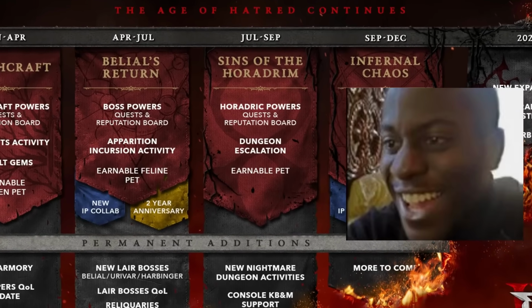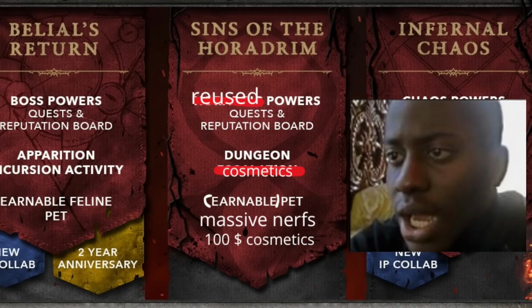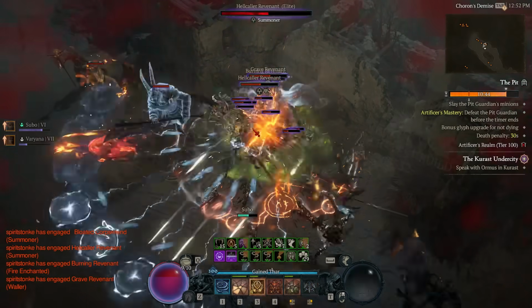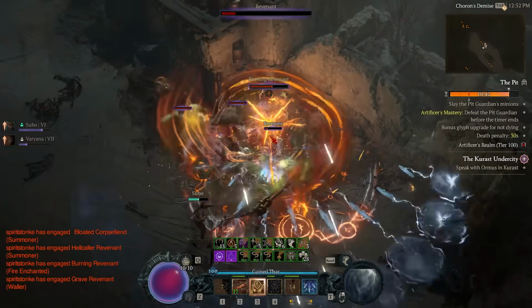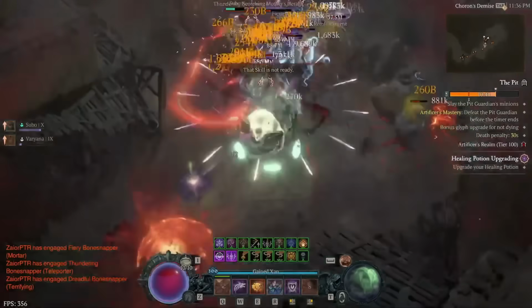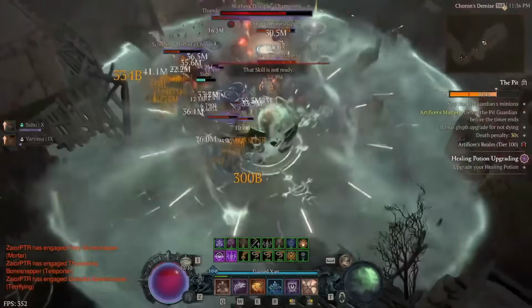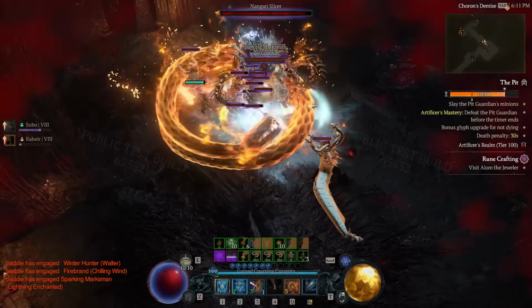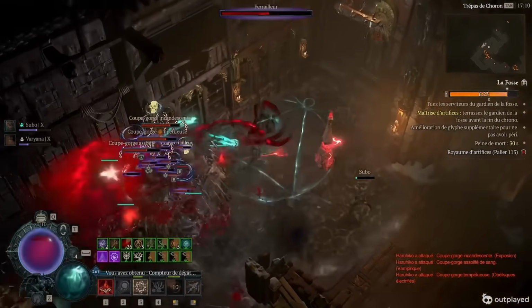Now, Season 9 may not be the heaviest season content-wise, but we are indeed finally getting some changes to the meta in this game, having several new and interesting builds to choose from. So let's check it out, shall we? Ranking some of the top builds heading into the new season, assuming they don't get nuked before then, which is